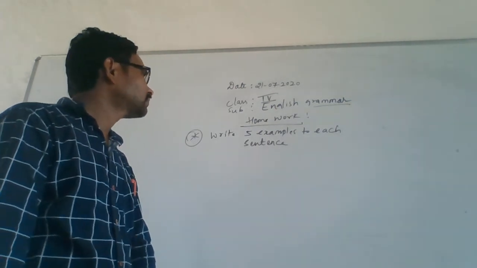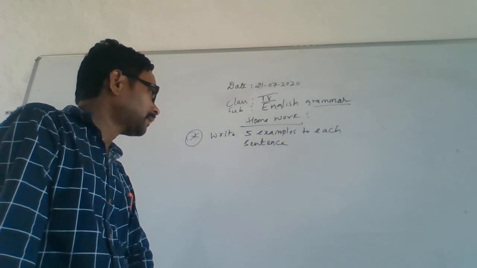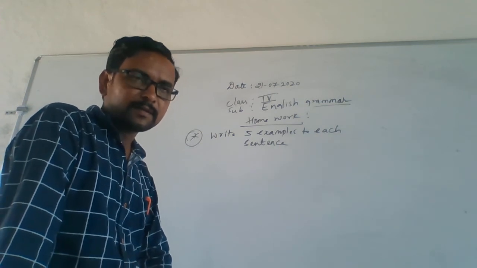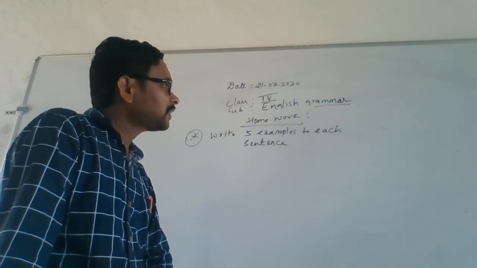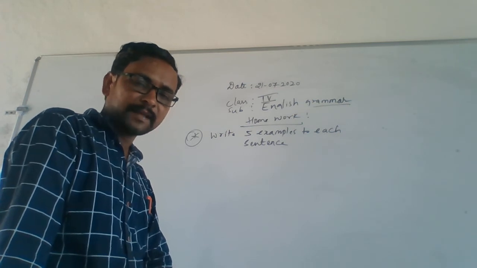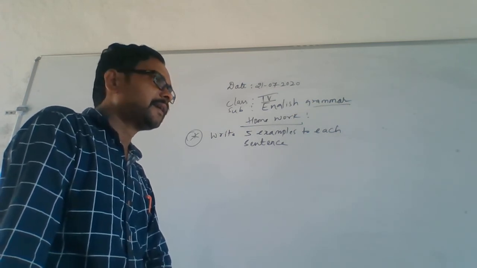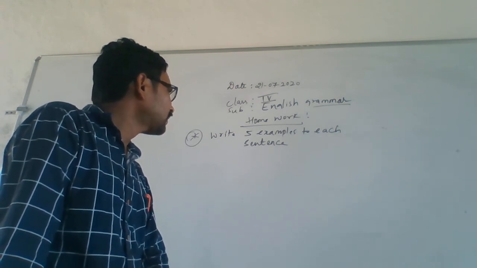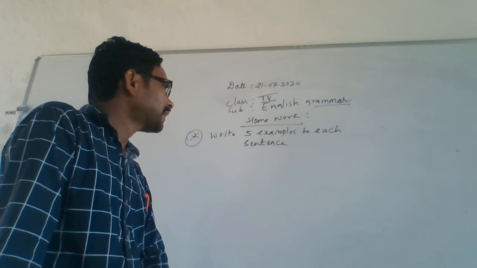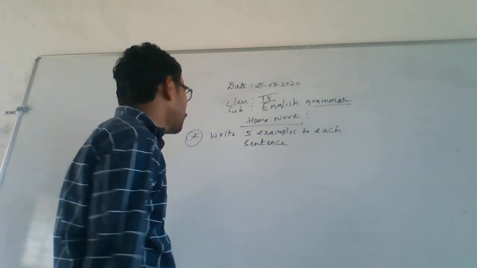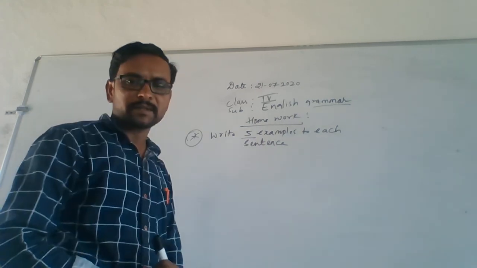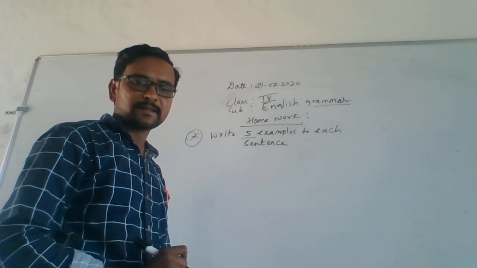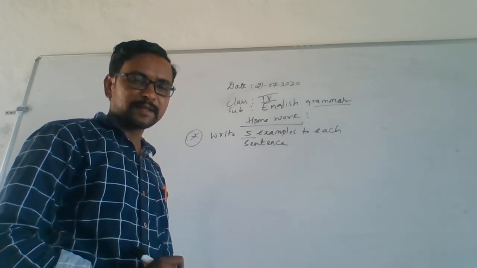Now you take down homework regarding what you have learnt in the class. Today we have learnt so many things: alphabets, alphabetical order or dictionary order, word and sentence meaning, and kinds of sentence. On that basis you should write 5 examples for each sentence. How many examples should you have? You have to write 5 examples for each sentence. Is it understood? Okay. See you in the next class.